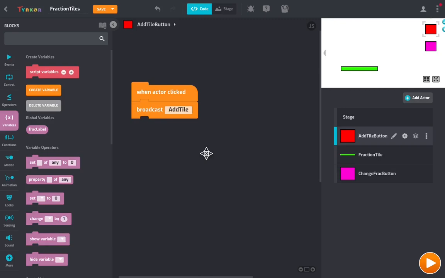So we have this set up so far. We have an add tile button, we have a change fraction button, and we have our actual fraction tile actor. And the most recent thing we did was we created costumes for a variety of different fractions that our user might need. So now what we need to do, when the user presses this add tile button and the fraction tile is cloned, we need to set this up so that that clone will appear according to whatever fraction the